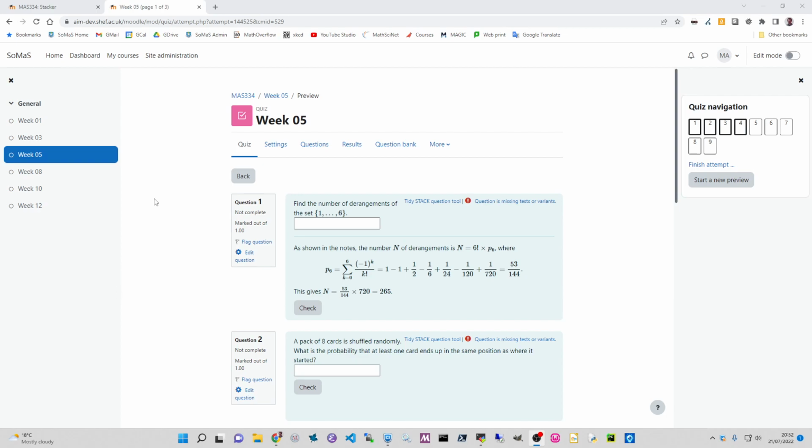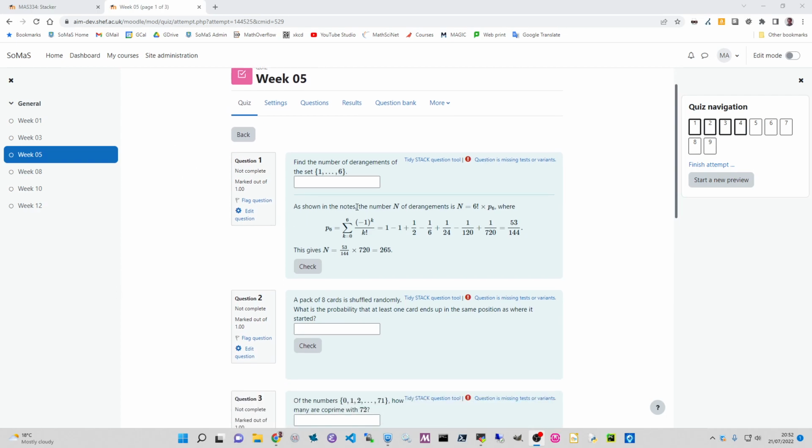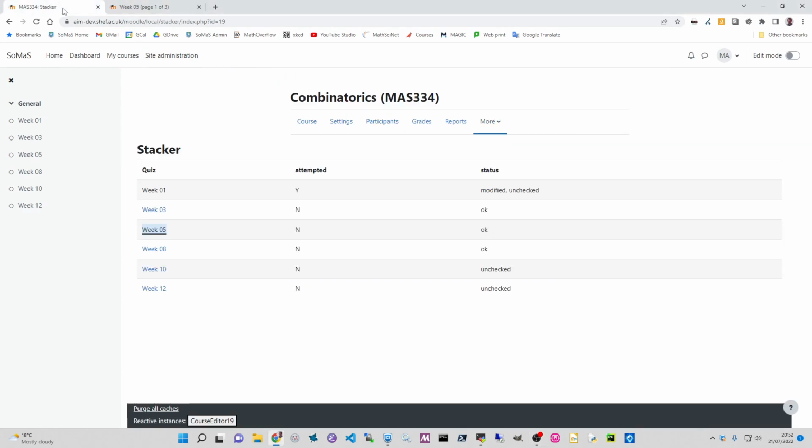You see here that because we compiled the quiz with debugging, if you look at this question, for example, it asks about the number of derangements of a set, but then we've actually got the solution embedded in the question text, which is convenient when we're just testing that the question is working correctly. And if we go back here,